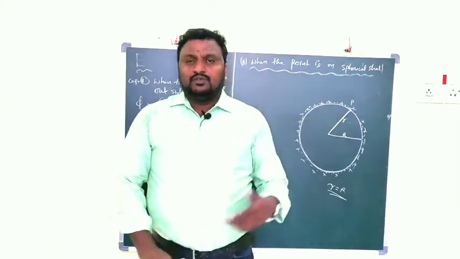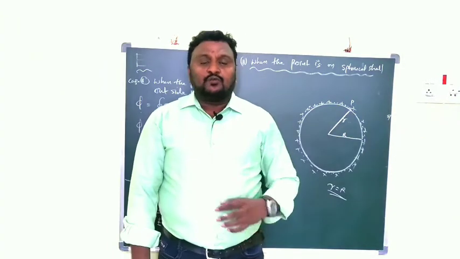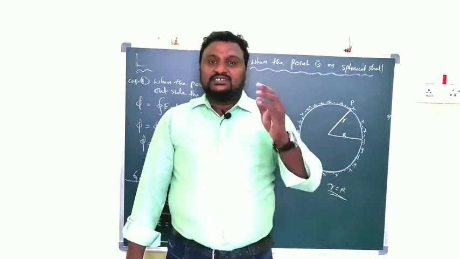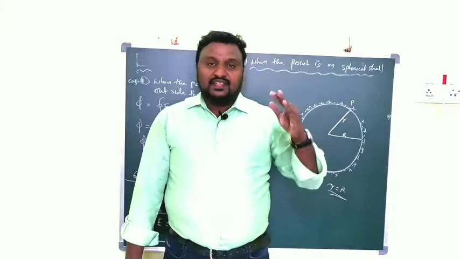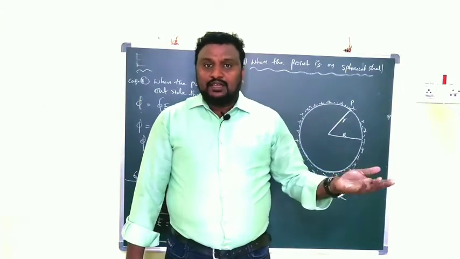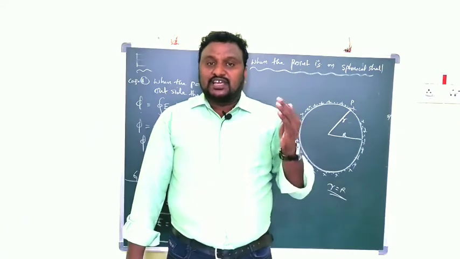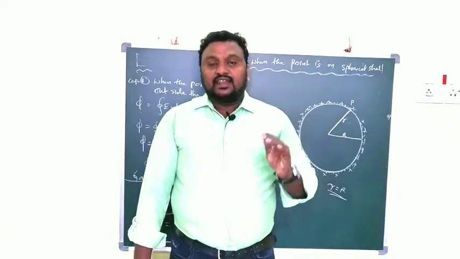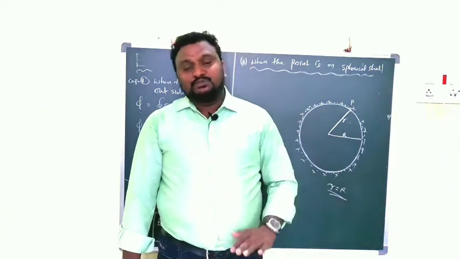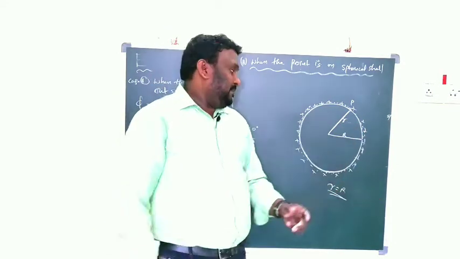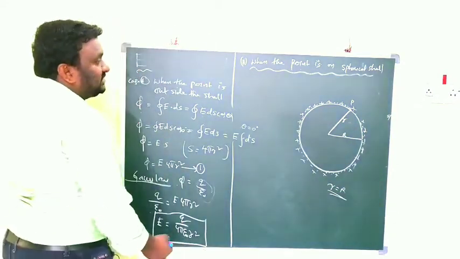Very simple. We are taking a charged spherical shell of radius capital R. Then we have selected one point P. That point is on the shell. At the point P, again we are drawing the Gaussian surface. Then what you have to observe? The radius of the charged shell and the radius of the Gaussian surface should both be the same. So in this case, obviously, what do you get?